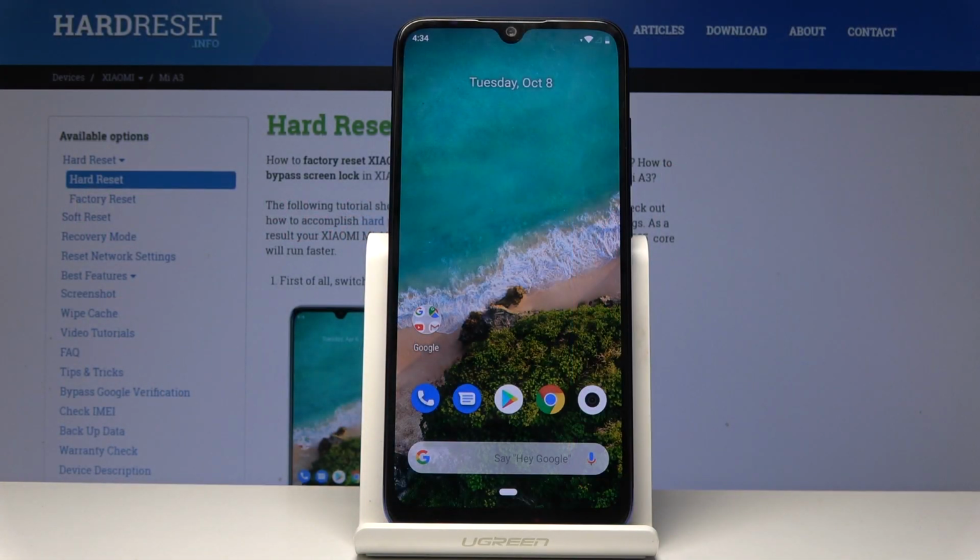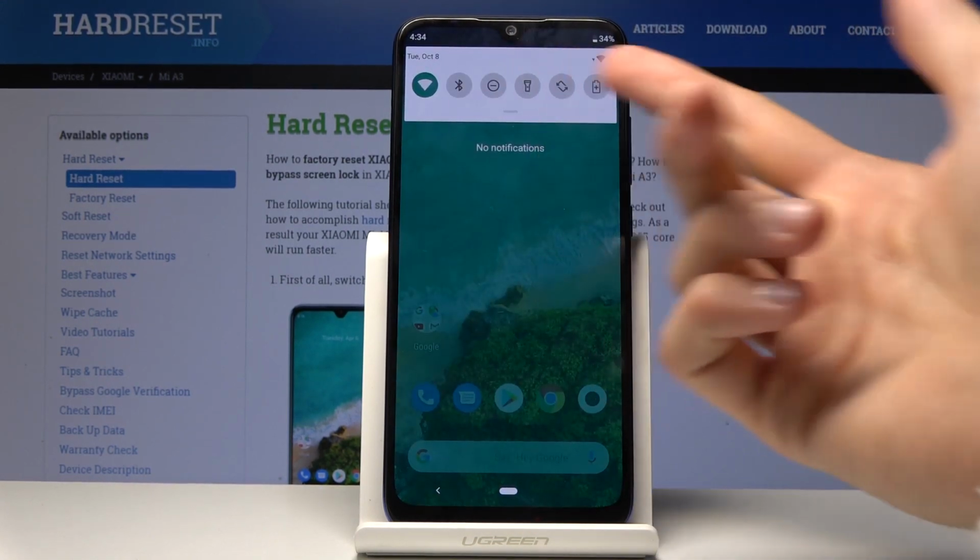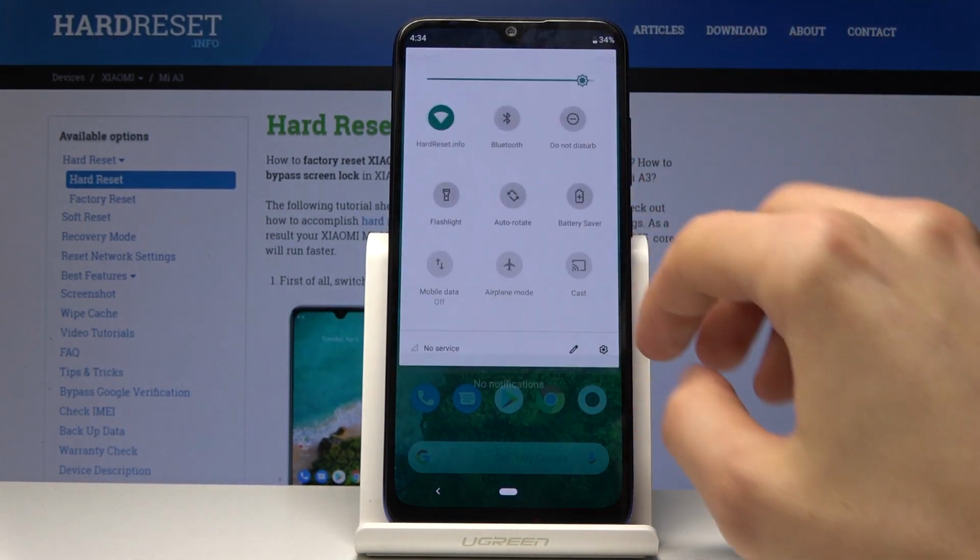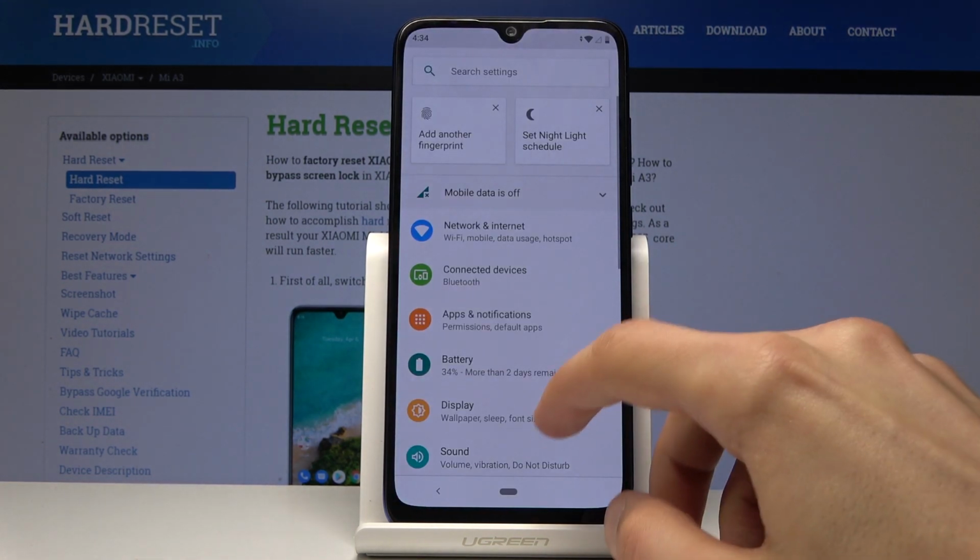Welcome, in front of me is a Xiaomi Mi A3 and today I'll show you how to enable Google Backup. So to get started, make sure you're connected to Wi-Fi, which I am, as you can see. And from there, all you want to do is just go into the settings and then find,